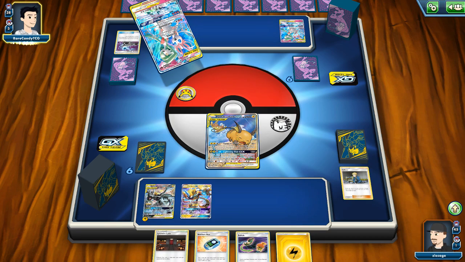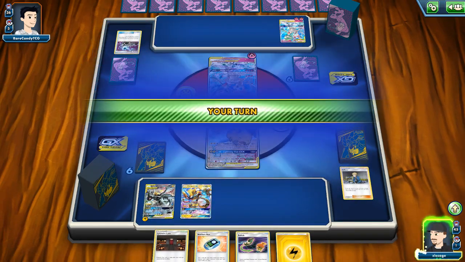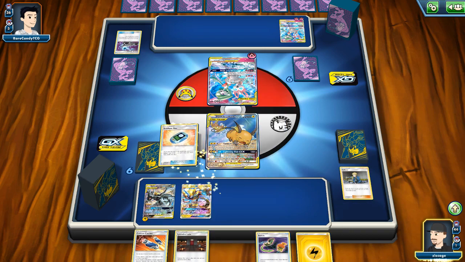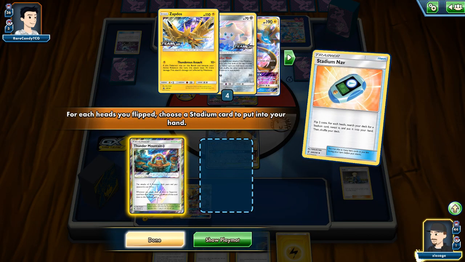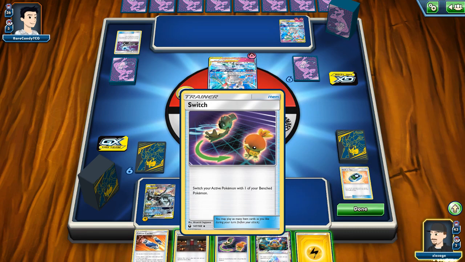So there's their Fairy Song powering up on the first turn. Their deck can be very quick. And let's start off our turn by playing Stadium Nav. There's the heads that we needed. Yay! Thunder Mountain. And it should be noted that we do have a Lysander Prism Star, or Lysander Labs prize